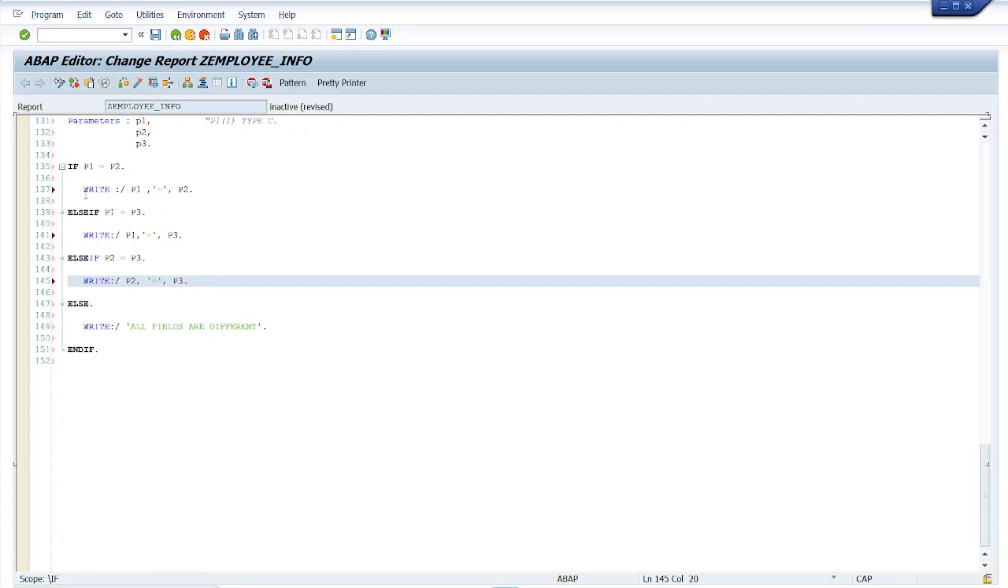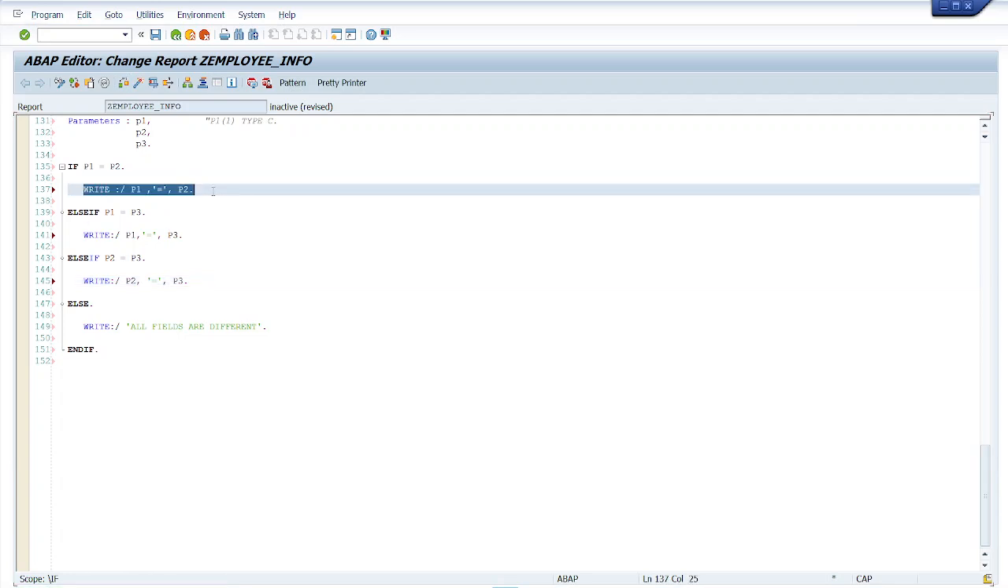See, in the write statement, whenever we write a variable, it will contain the value. After the value, we have to give a comma because we have to specify another variable and another literal. Everything needs to be separated with a comma. So P1 comma literal P2, P1 comma literal P3, P2 comma literal P3, all fields are different. Now check syntax, activate,